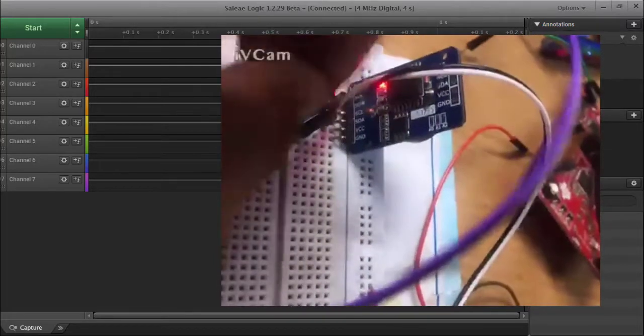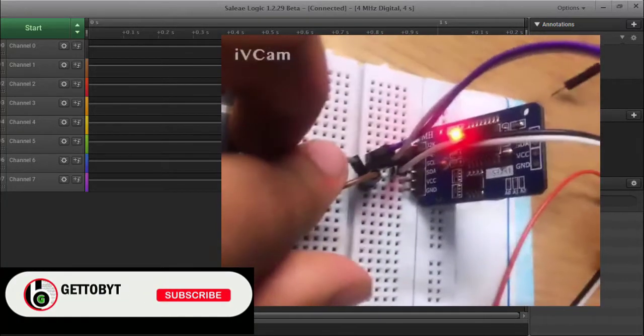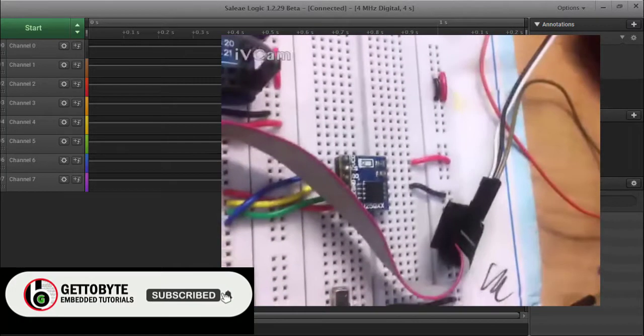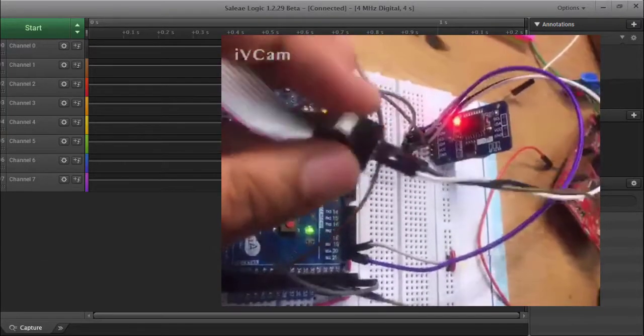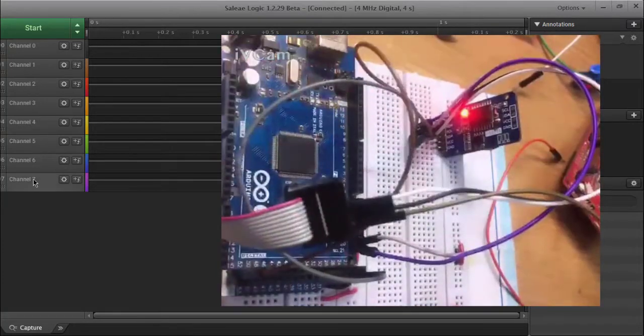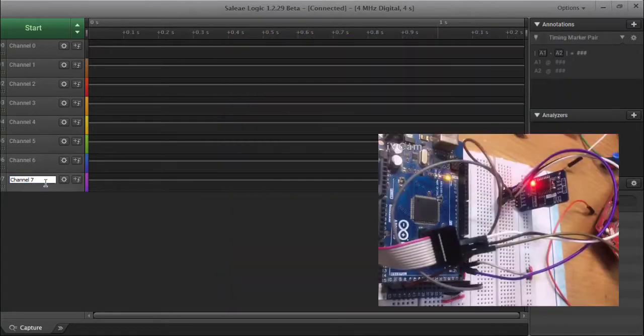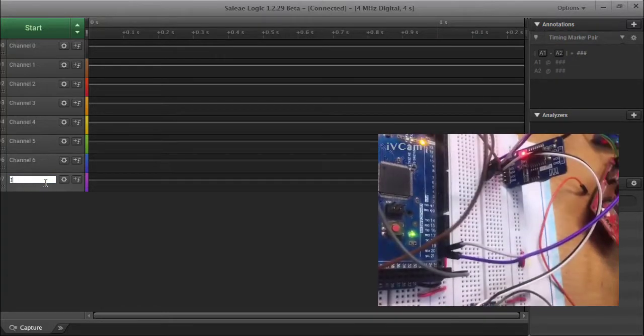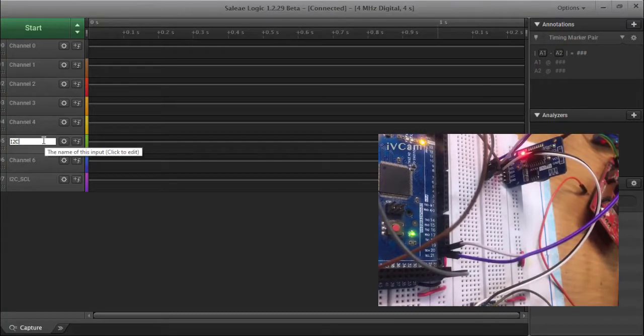So these are the connections that I have done for the logic analyzer, connecting channel 7 and 5 respectively to my I2C communication pins. Now I will be configuring these in my software. Channel 7 is connected to I2C_SCL. In the same way, channel 5 is my I2C_SDA. That's the channel configuration that we have to do.